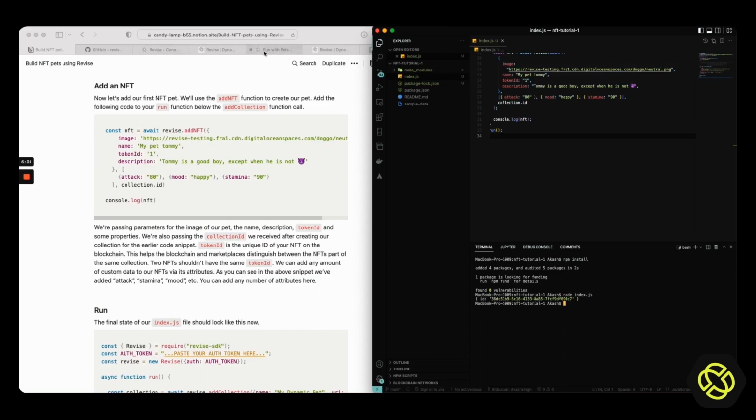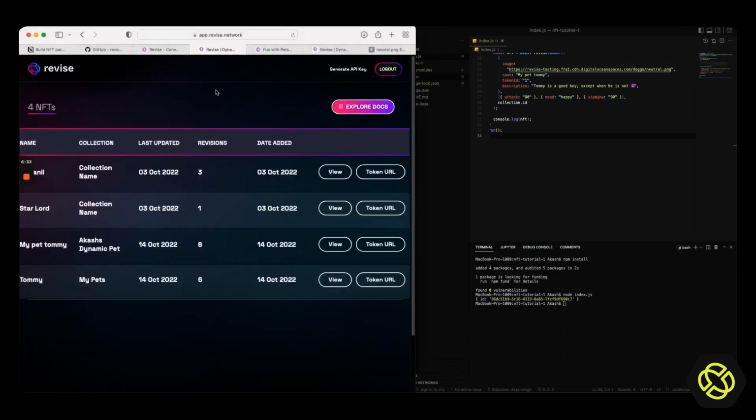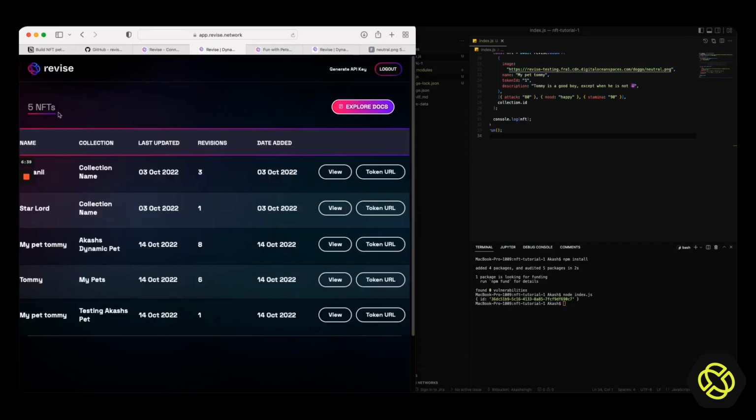We will quickly go back to our Revise dashboard. We'll do a quick refresh. I currently have 4 NFTs. It should become 5. We have 5 NFTs now. You can see my pet Tommy and testing Akash's pet as the collection has come through. If I just go and click view,